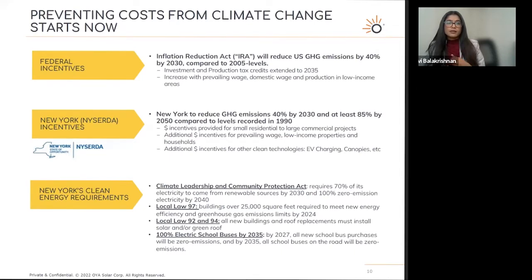We also see the state of New York pursue similar goals of reducing greenhouse gas emissions by 40%. And this has translated into several local requirements, such as Local Law 97, whereby buildings over 25,000 square feet are required to meet new energy efficiency rules and GHG emission limits by 2024. So we actually looked into the number of buildings that meet this criteria in Staten Island, and there are approximately 3,700 buildings measuring greater than 25,000 square feet. So there is a lot of opportunity in the borough